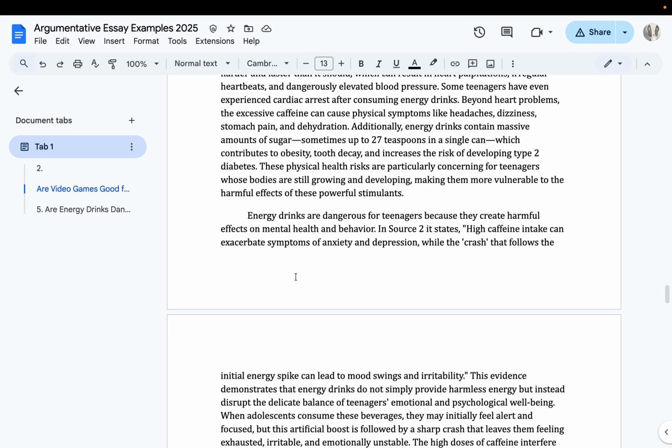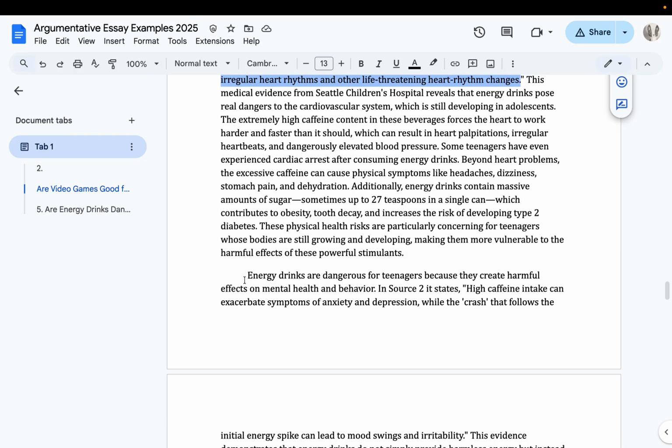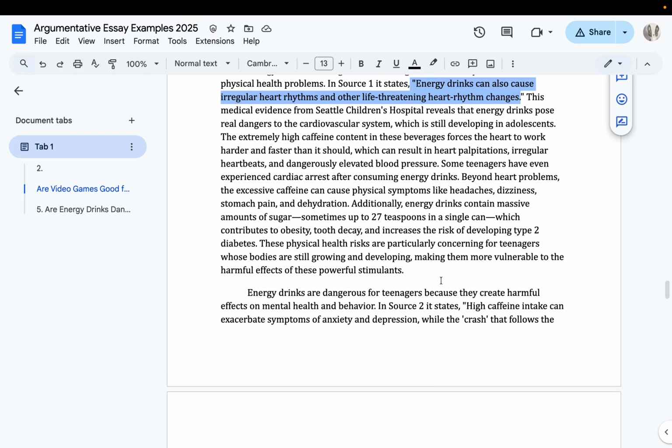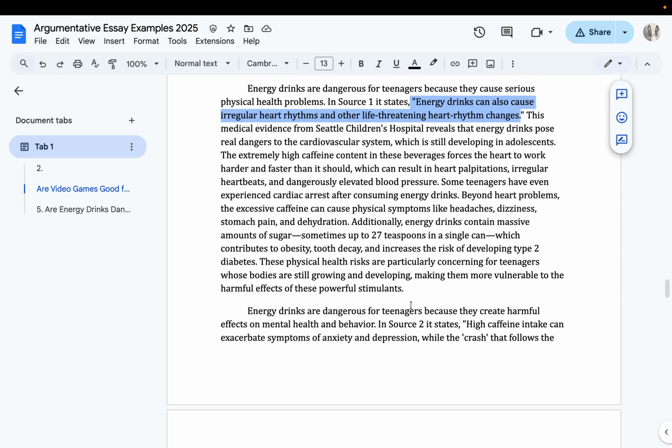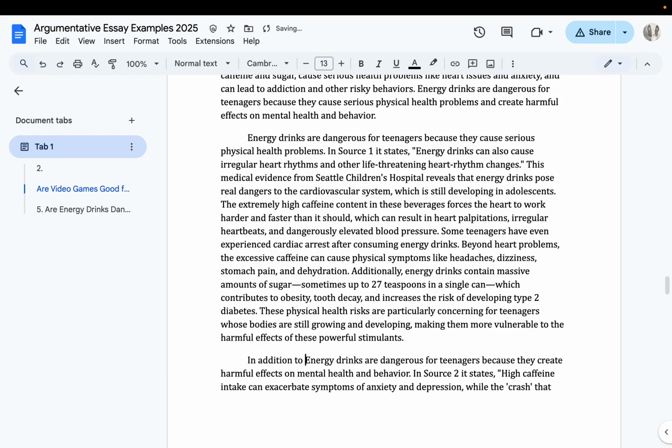Then we have their second body paragraph. Energy drinks are dangerous for teenagers. So here is more like energy drinks are dangerous for children because. So just change it up a little bit. And there's a missing transition here. In addition to causing physical health problems,